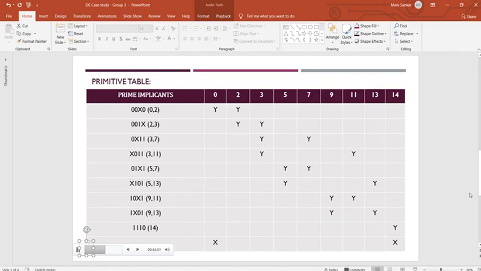Similarly we have to do it for all the number values. After that, at last we have to write x when we find only one y present in a column. Here you can see in the 0th column and the 14th column we have only one y, so I write it as x at the bottom. But for the other columns we have 2 or 3 or more y's, so there should not be any x. After writing x on this table we can find the expression.